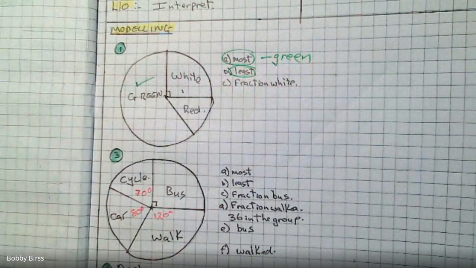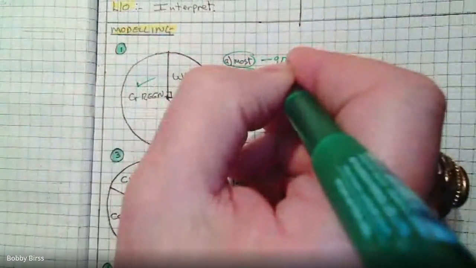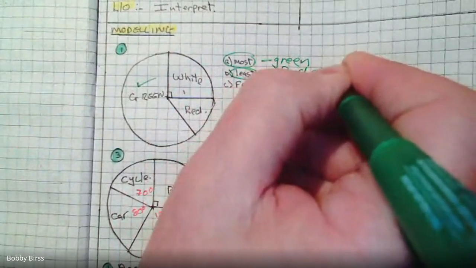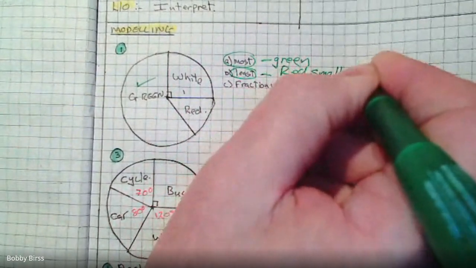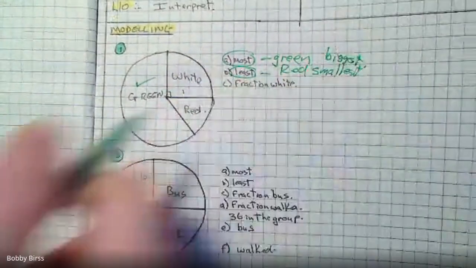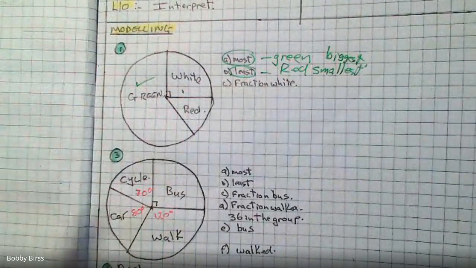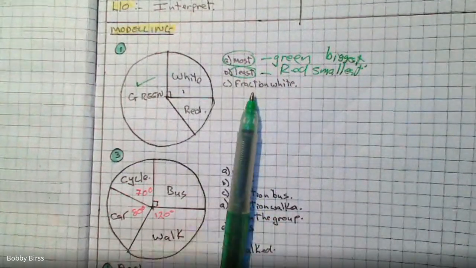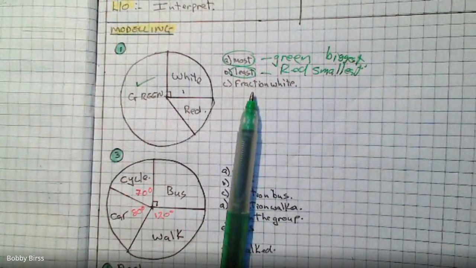So at least I've got red. Yep, red is the least popular because it's the smallest. Green is the biggest. Red is the smallest. Now, the last question says, what fraction of the circle, what fraction of the pie chart